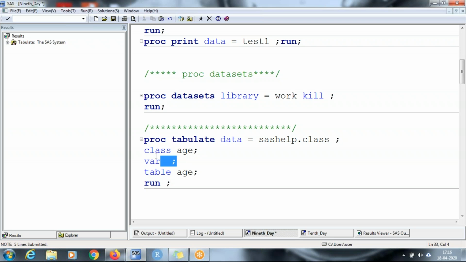So this statement, proc tabulate, requires a table statement. This we have checked. Now, if you define any variable over here, it should be either part of the class statement or part of the var statement. तो जो भी वेरिएबल आप टेबल स्टेटमेंट में लिखोगे अंशु, वो या तो क्लास में होना चाहिए या वो वेर में होना चाहिए, तभी आप उसको यहाँ यूज कर पाओगे, क्योंकि टेबल स्टेटमेंट को पता होना चाहिए कि उसको यूज कैसे करना उस वेरिएबल को.